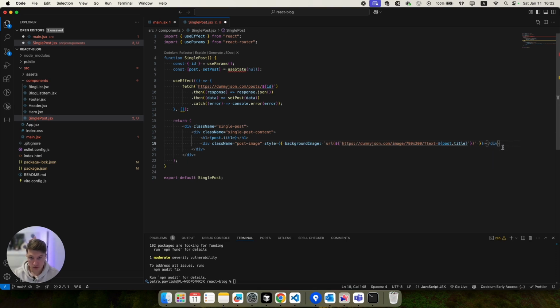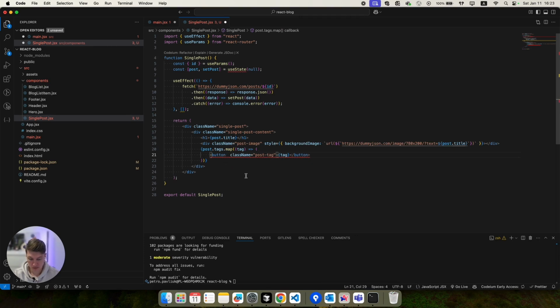And also I will add post tags. So for each tag, probably I will create a button with the class name post-tag.